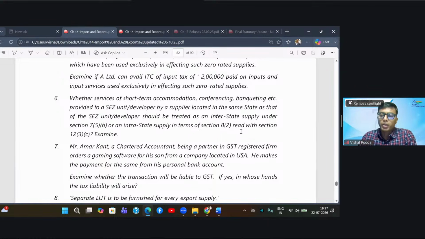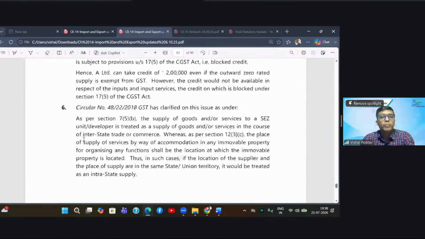So the final answer is that specific provision is superseding the general provision, and because of this, the answer would be that even though what you have done is made a supply within the same state, but since that supply is made to SEZ unit or developer, because of this specific provision, it is treated as